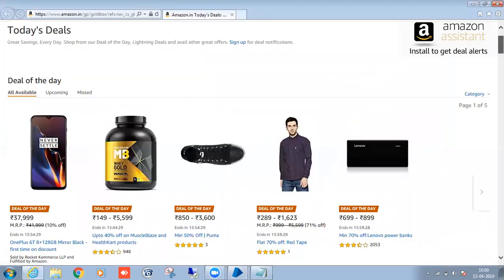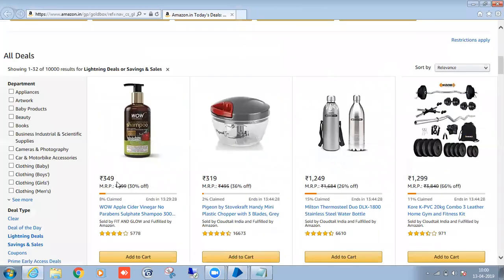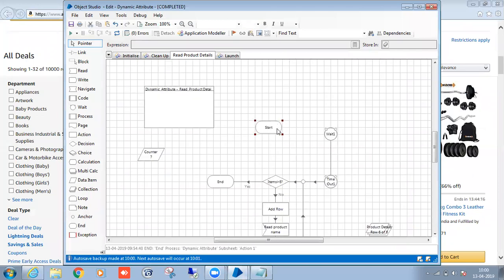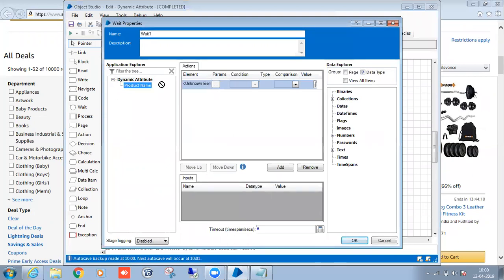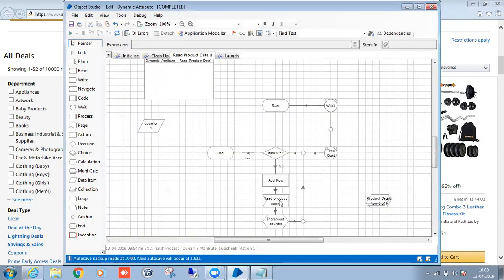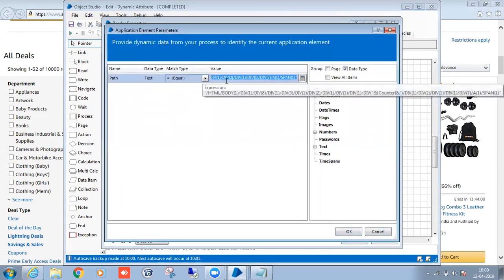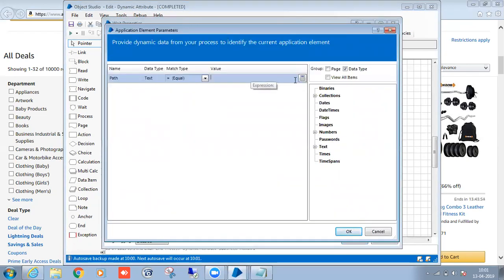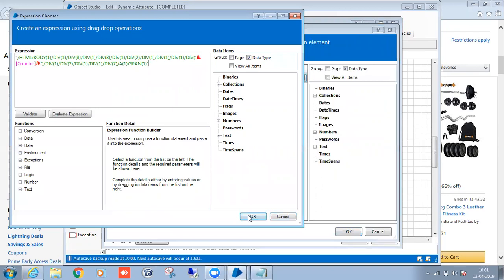Same one, guys, try with taking the product price. Now I'm taking only the product name, right? So you guys will take the product name as well. So try to implement the same logic. So this one I will implement. So here also we have to take the dynamic one. So if we take this one as a dynamic one, check exists. So here also we have to pass the same path. Because it's a dynamic one, right? So if the path won't be there, we have to explicitly pass the path. That's it. Valid.